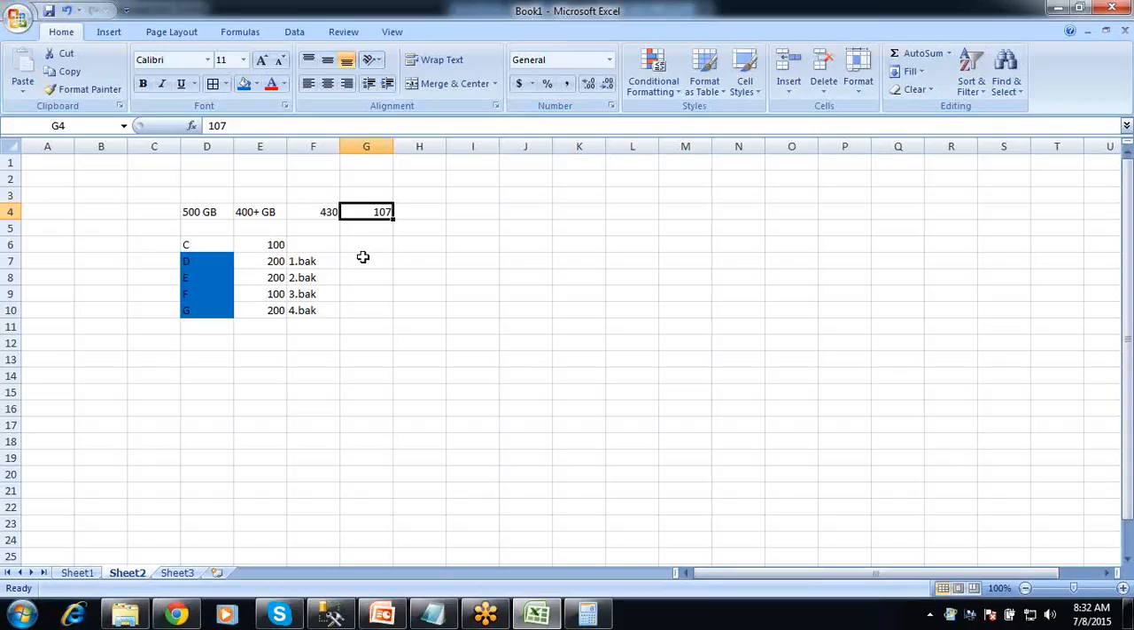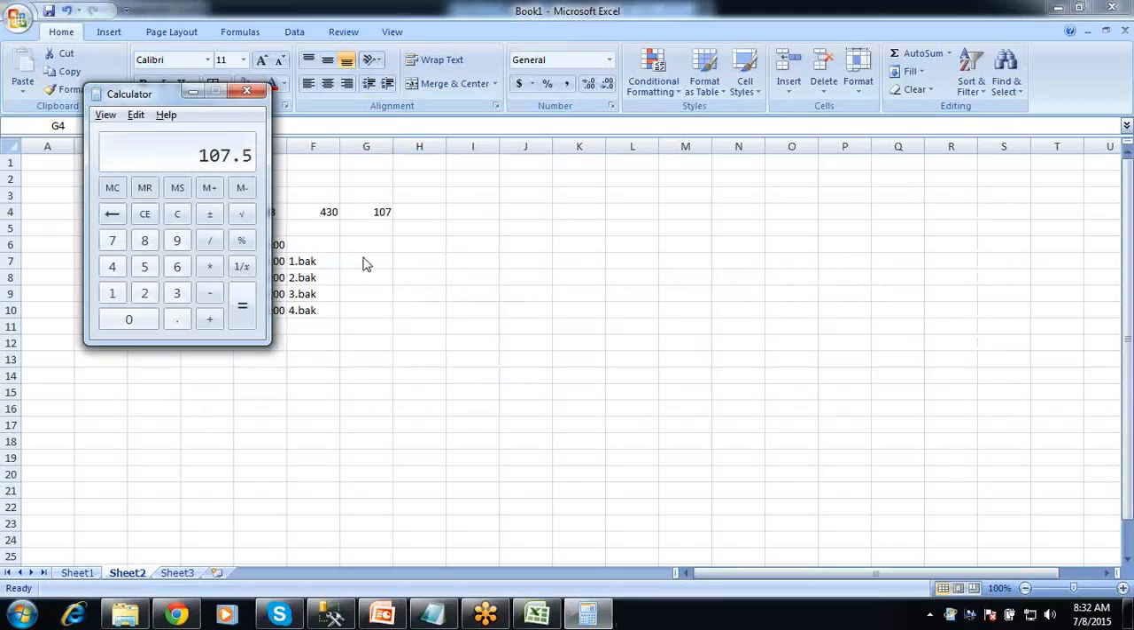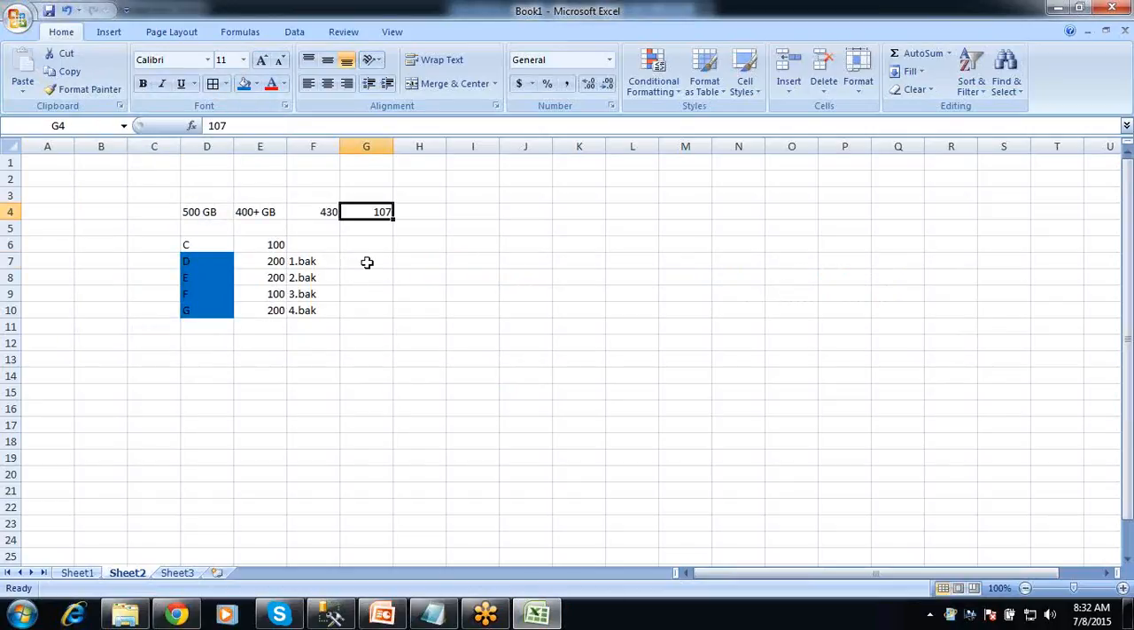It will be equally divided between files. So if I add two more files, how will it be divided? 430 divided by 5 or 6, it will be 71. Okay, what I will do,